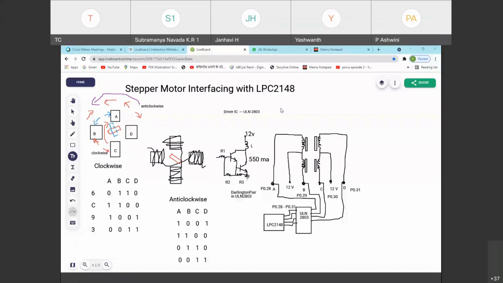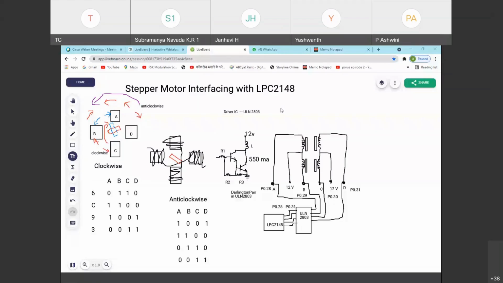IODIR makes the pins either input or output. Declaring them as output pins, I will define it with IODIR. If IODIR makes the bits ones, I'm making those particular pins output pins. If it makes the bits zeros, I'm making those pins input pins. So for declaring output pins, IODIR is used. Setting the value as 1, I will use IOSET. Setting the value as 0, I will use IOCLR. Only simple concepts, but the logic of utilization of these instructions helps us build any sort of program.